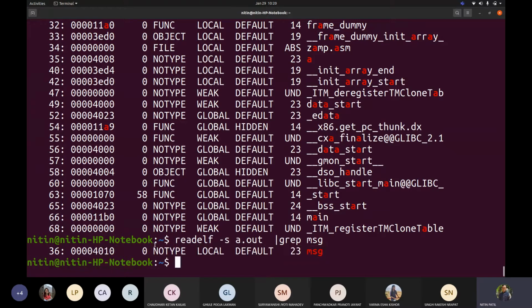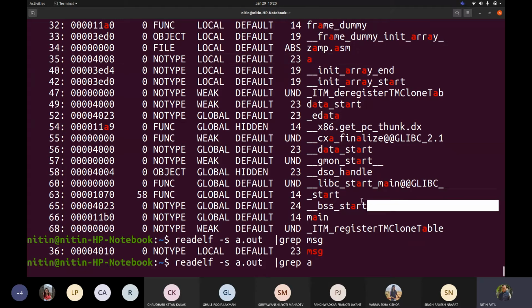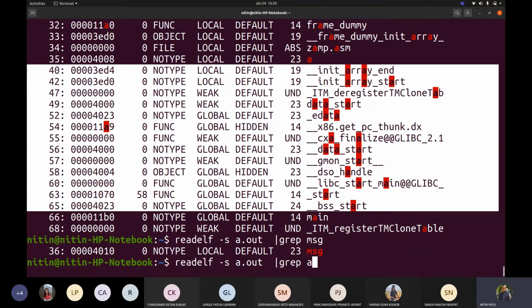That means what? Apart from these messages, like for example, if I write even a, this is a here, which is my code. But the majority of things, like for example, if I go from here to here, are added because of my linker.